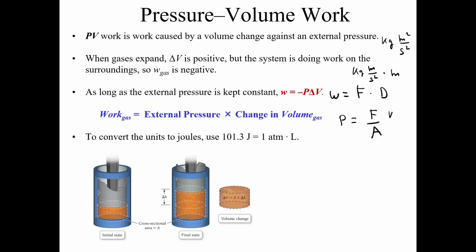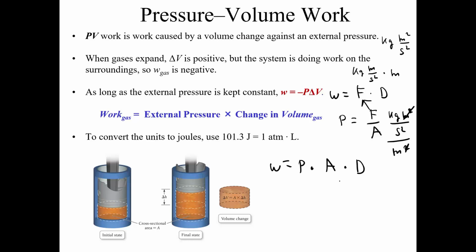so you have a force that's kilograms times meters per second squared, and that's acting on an area, right? So area is length times length, and if you measure that in meters, it would be meters squared. So that meter would go away, and you would have kilograms per second squared per meter. And so you can now substitute that. You can solve for F and then substitute that, and what you would get is W equals pressure times area